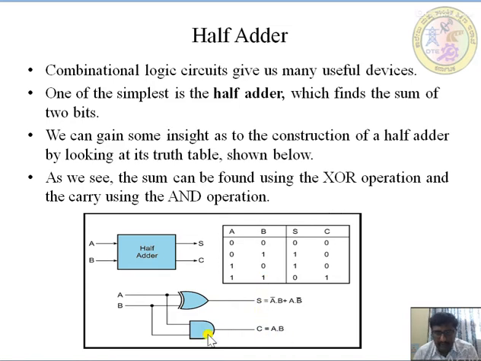So we require what? Multiplication. So we require taking an AND gate. For sum it is A bar B plus A B bar, depending upon this table. For only once we are just taking, so it is A bar B plus A B bar, and for carry it is only one bit is there, that is A and B.